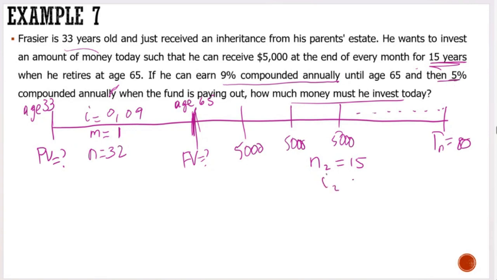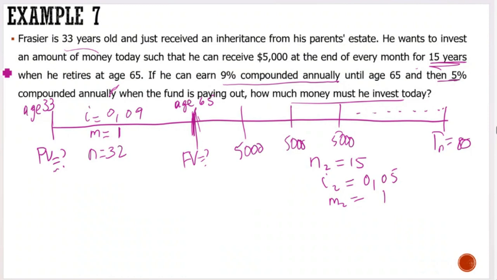So now your I2 here is going to be equal to 0.05, and this is compounding annually. So we are not worried. Before we can get our present value,